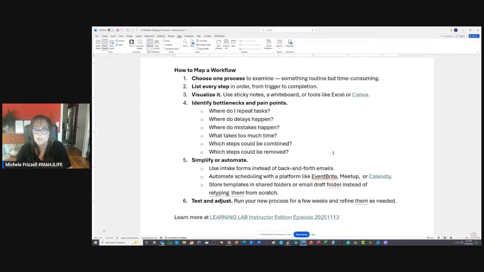Okay, so the level: beginner, intermediate, advanced. Okay, good. Now, the level of effort that it takes, it's probably more time consuming than it is difficult. So it's the time consuming piece.